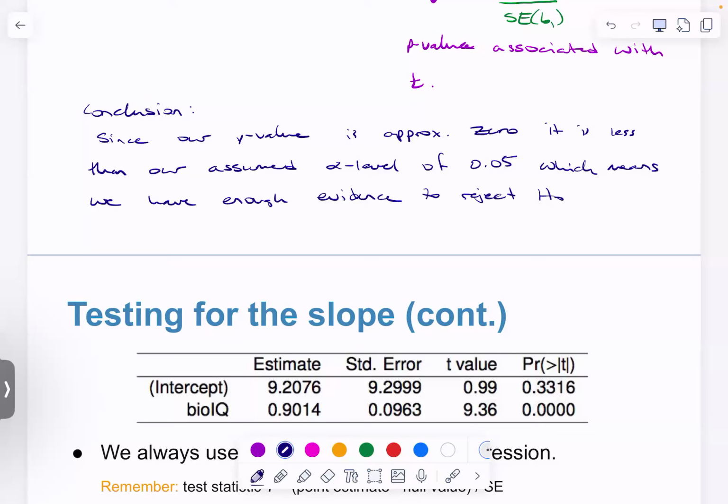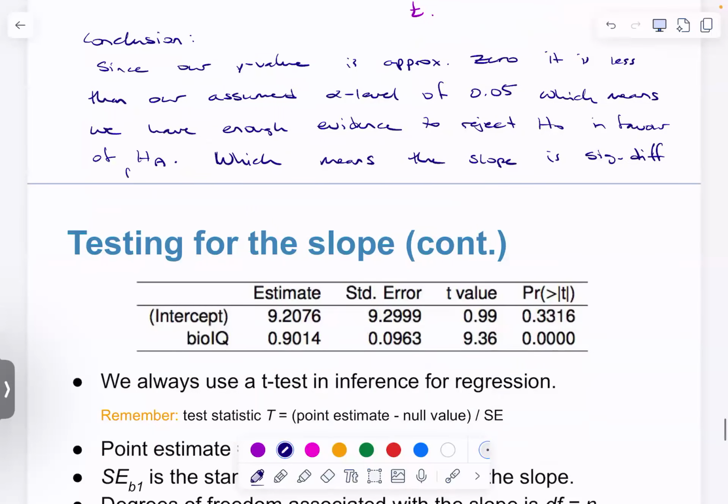If you're rejecting it, should say in favor of what? In favor of HA, which means the slope is significantly different from 0,